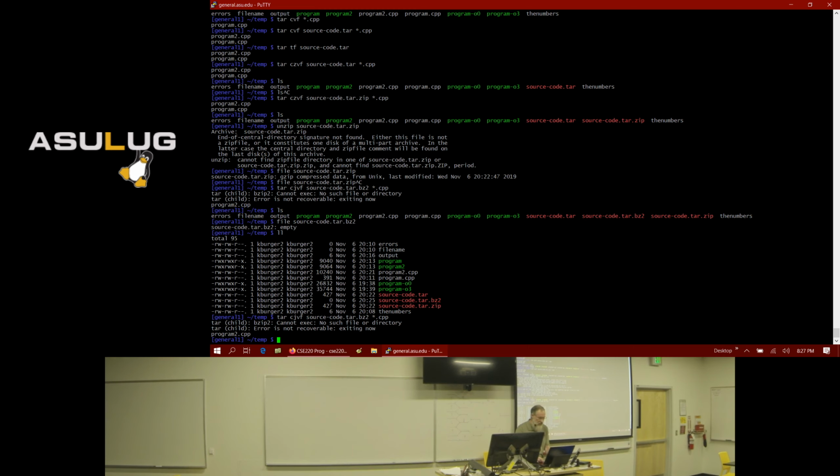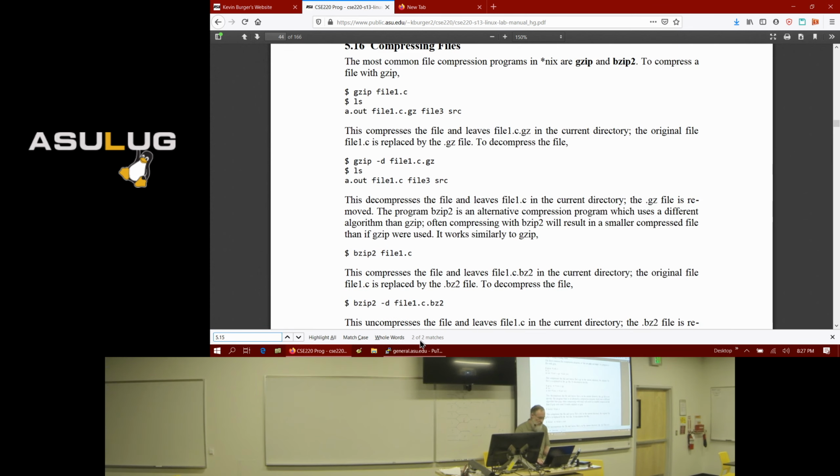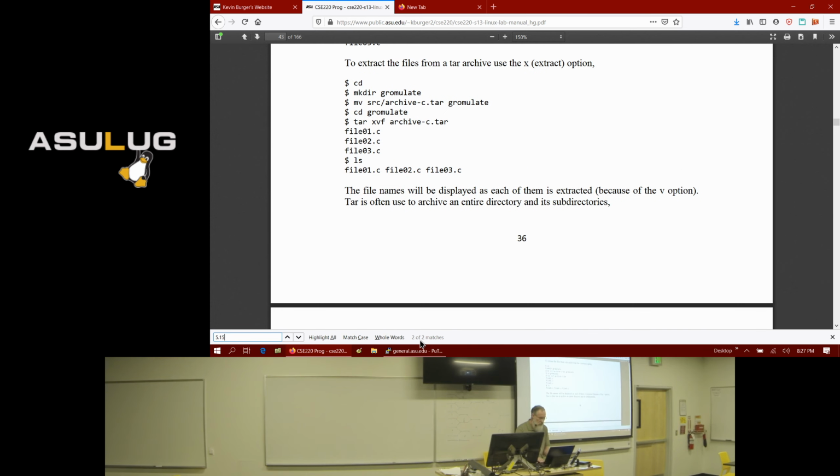So then, given the tarball, if you want to extract the contents of the tarball, there's another command you use, which is X for extract. So here I've created a tarball named that. It contains those 3 files.